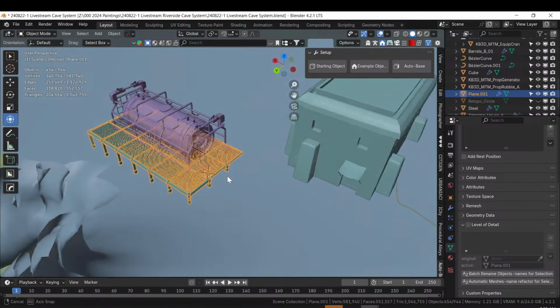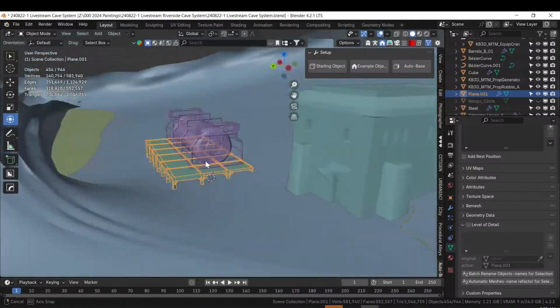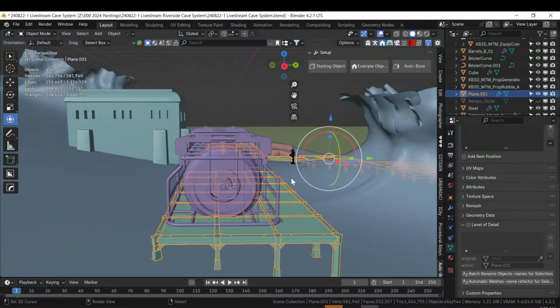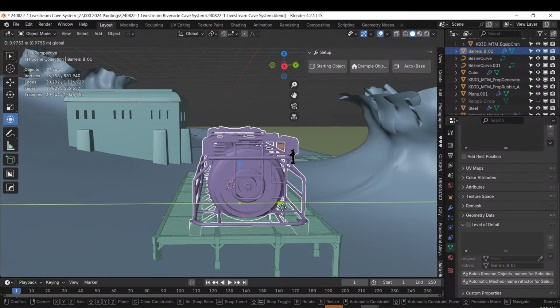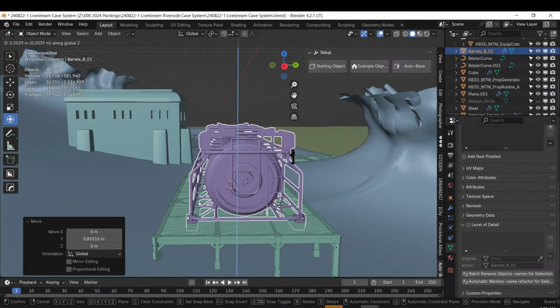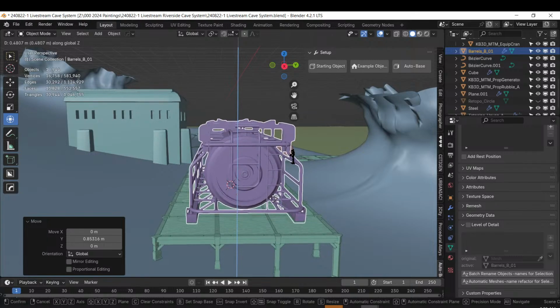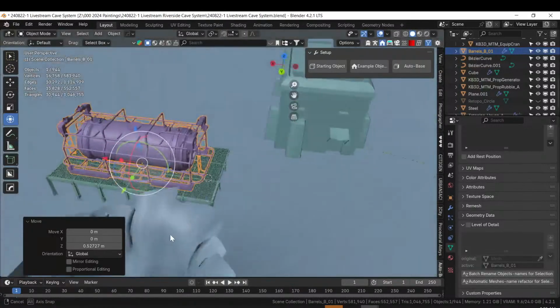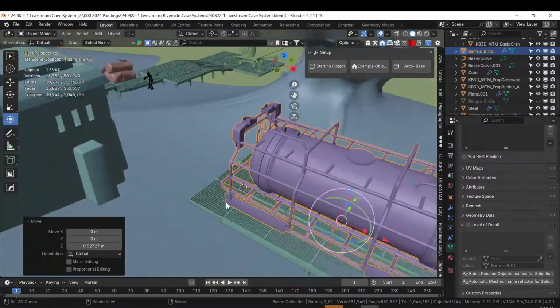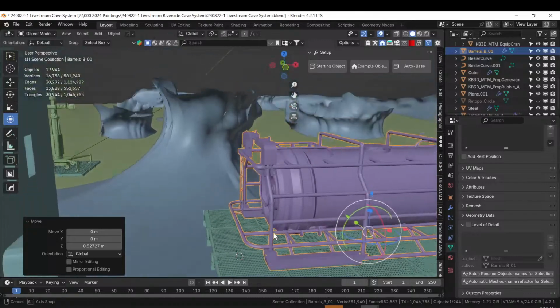Cool. Yes, platform. Cool. Over. Up to there. Cool. And I think we'll run a cable from it to, but we'll do it across the